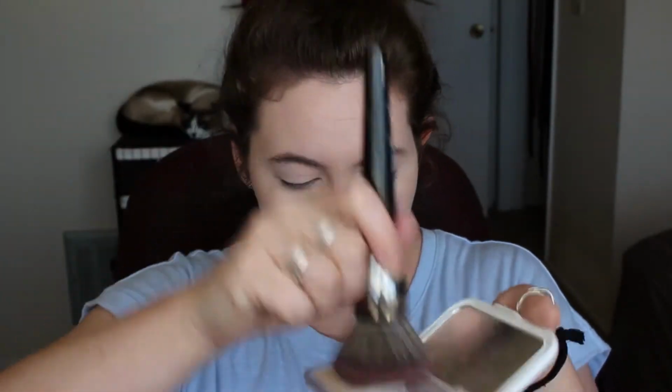And then to set the rest of my face makeup, I'm going to be going in with the Maybelline Better Than Skin. I've seen a couple of beauty gurus talking about it, so I figured I'd give it a try. It does have some coverage, so if I want a super light makeup day, I can just use it as a powder. But it more like blurs. I can still see the imperfections and everything on my skin. But I've seen a lot of people use it to set their foundation, so I thought it would be fun to do that today. And I'm just going to go in, tap tap,